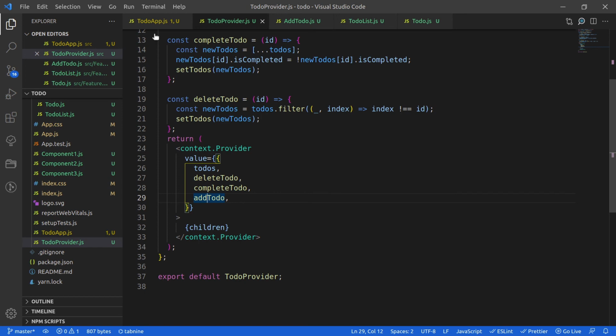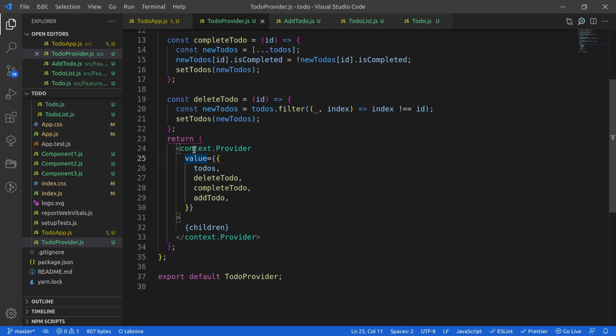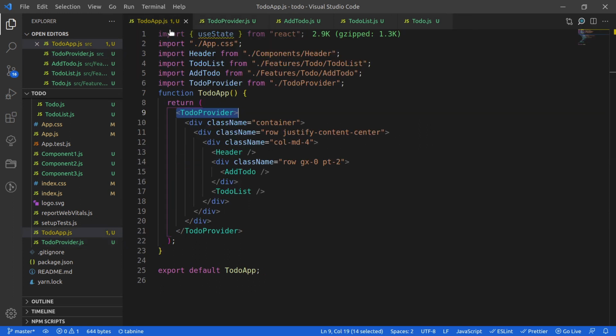One thing I have missed here is that, guys, right now you can see that I have used only a single provider in my application, but it is not a restriction. We can use as many providers as we want in our application as per our requirement. Let's say we have different modules. Let's say there is a categories module in an e-commerce application, or there is a cart module, right? We can have two providers. One provider is for categories and one provider is for cart, and they are doing their own things separately. So I hope that I will be creating another video to show that kind of example in the future.